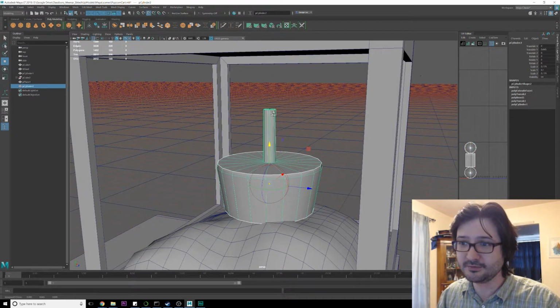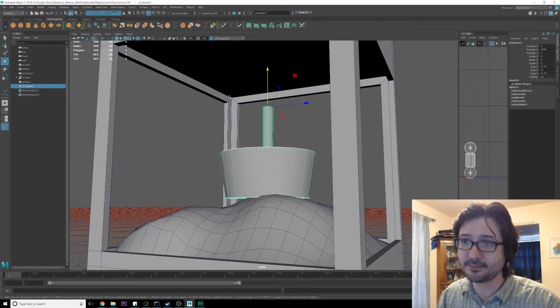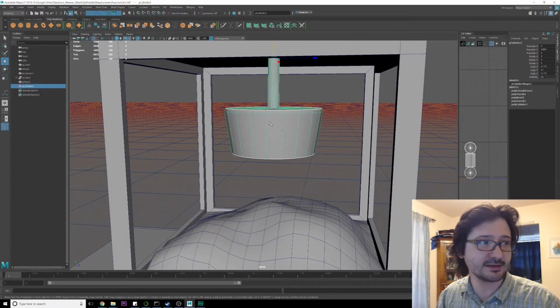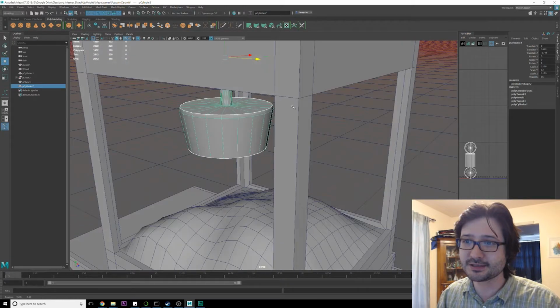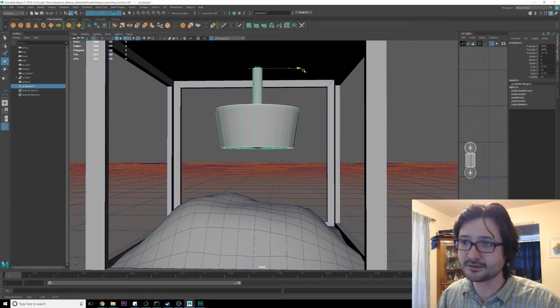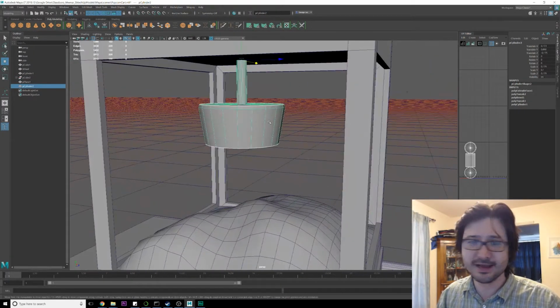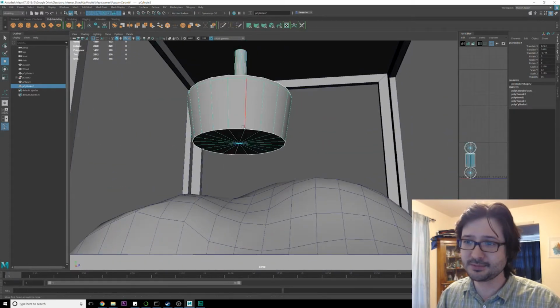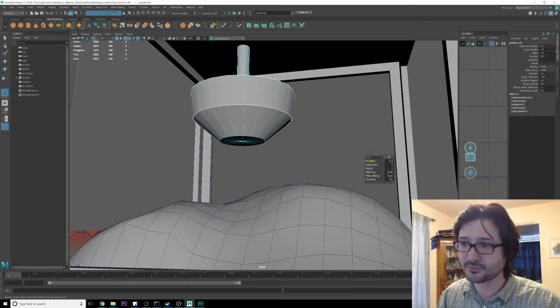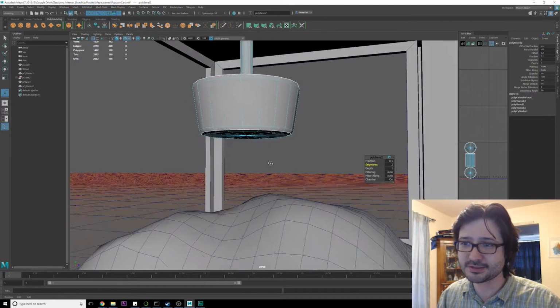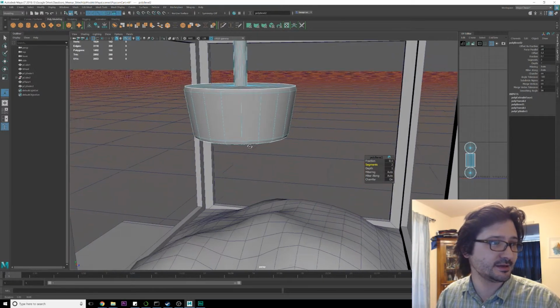I'm going to do D, V, snap to the top to align it there. I'm going to pop it up there to the top somewhere like that. And it's actually not centered. It looks like it's off center somewhere, kind of like over here to the side. So we'll do that. And once again, I'm going to grab these edges. I'm going to bevel them, way reduce down that fraction, add another segment in there. And,